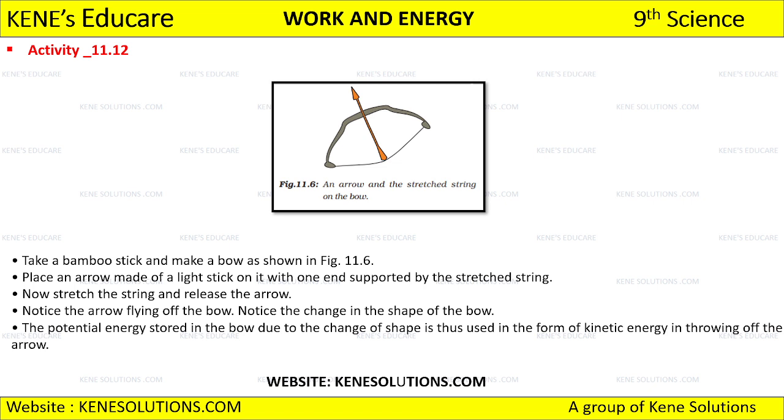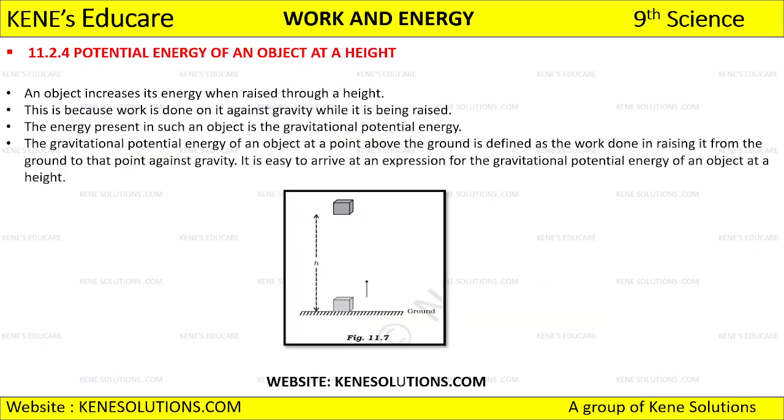So five continuous activities to ensure that potential energy is clear to you, because potential energy again is very important, right? So we'll be discussing kinetic energy in detail with activities and examples. Same way we'll be discussing potential energy with these five different activities, and after that we'll be discussing